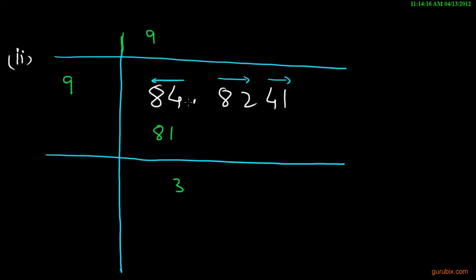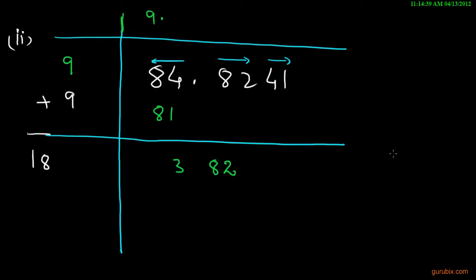And here is the decimal point. Now we shall put the decimal point here and bring down the next period, that is 82. So the number becomes 382. And now we shall add this 9 to this divisor to get the number 18. And now we shall keep away this unit digit and take the number 38 and divide by 18, we get 2. We shall add 2 here and 2 here. And now we shall multiply this 182 with 2 to get